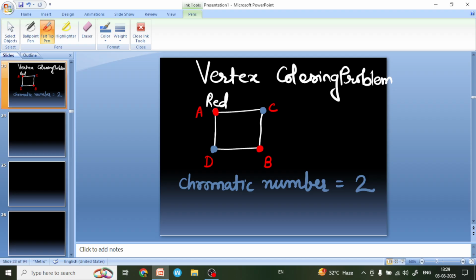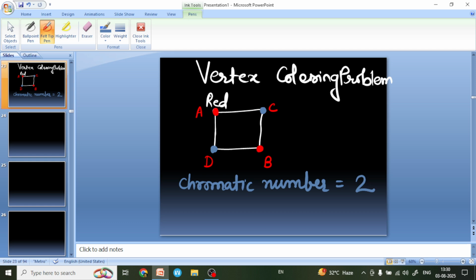A graph that can be assigned a k-coloring is called k-colorable, and k-chromatic if its chromatic number is exactly k. You should keep in mind, if the graph is null, then the chromatic number of that graph is 1. If the graph is not null, then the chromatic number can be greater than or equal to 2.